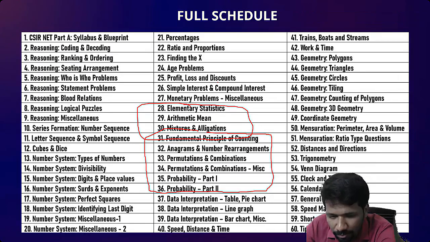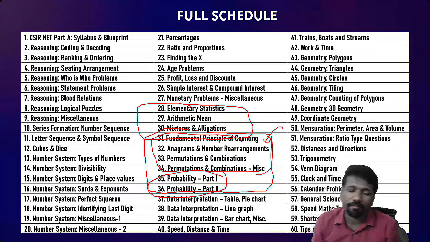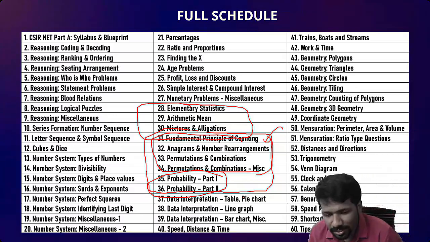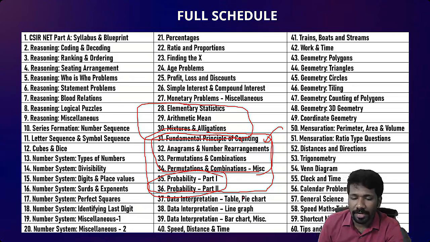That is why we have devoted 6 separate theory lectures, theory previous year questions discussion lecture for this unit alone. Arrangements and probability, या probability and arrangement. Probability के लिए 2 separate lectures. Probability understand करने के लिए permutation combination या fundamental principle of counting understand करना है, उसके लिए 4 lectures. So ये 6 lectures से आपको proper clarity मिलेगा probability and arrangements कैसा solve करना है.